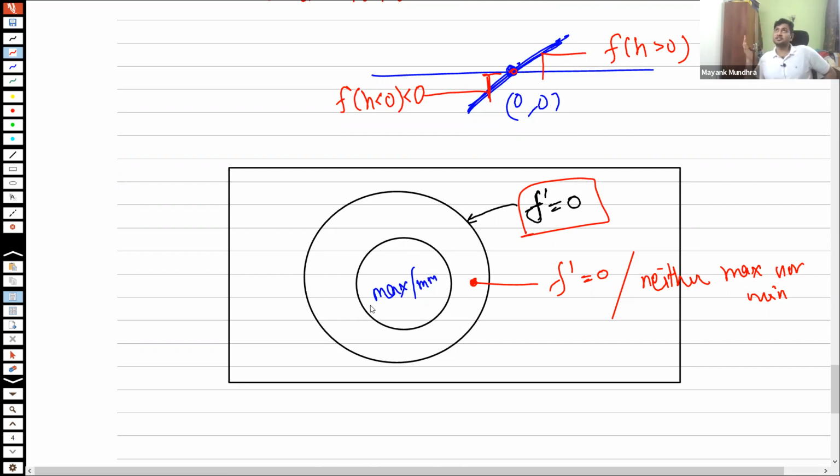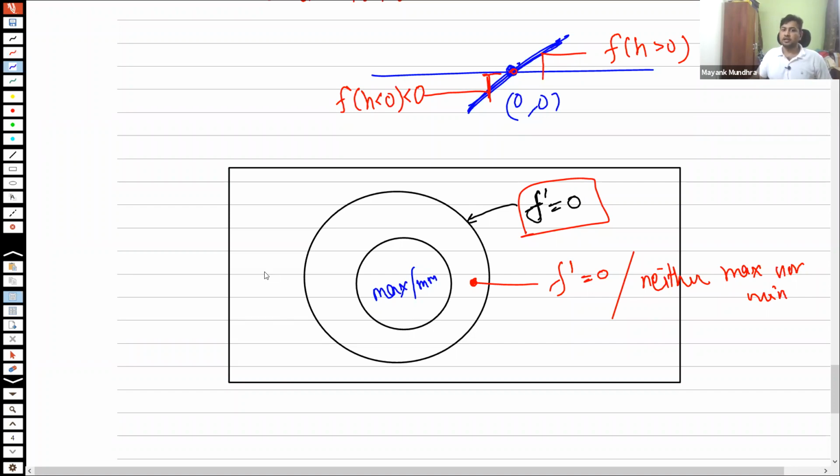For example, a necessary criterion for DSC is you should have 60% in your graduation. Now, just because you have 60% in your graduation does not mean that you will get a seat. But one thing is certain, that if you do not have 60%, then you will not have a seat,